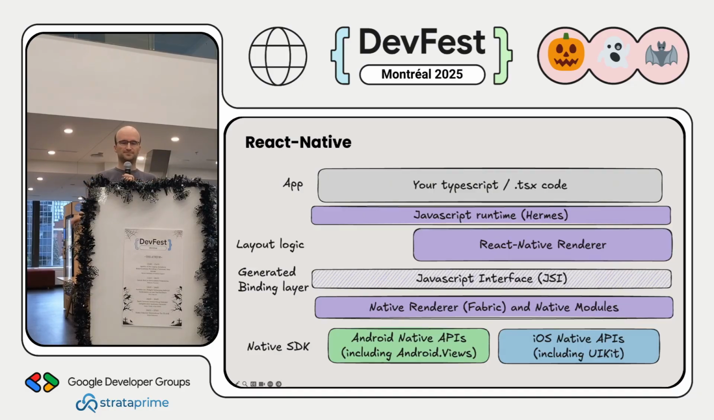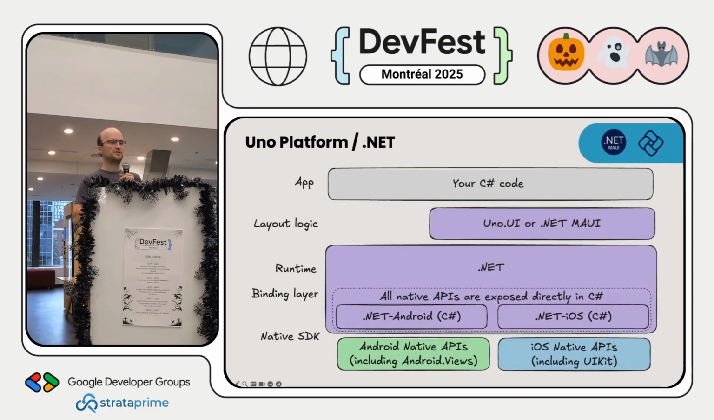on the screen. I haven't talked much about platform in .NET so far, but it's quite different. So I really wanted to explain it. So in platform or .NET, you have your C# code, again, that's shared across the board. The layout logic is part of .NET MAUI or Xamarin Forms before, or Uno UI if you're using Uno. But really what